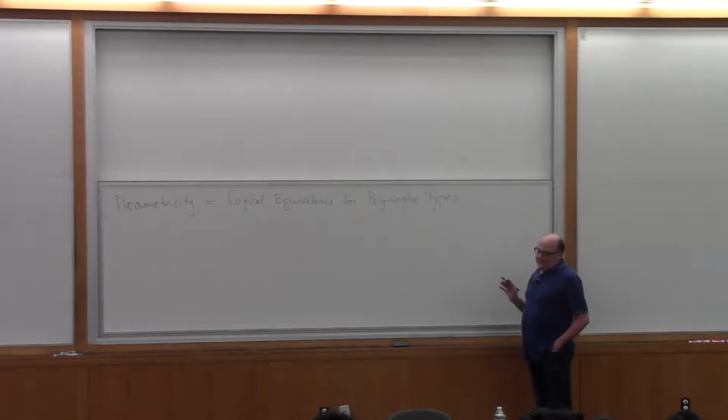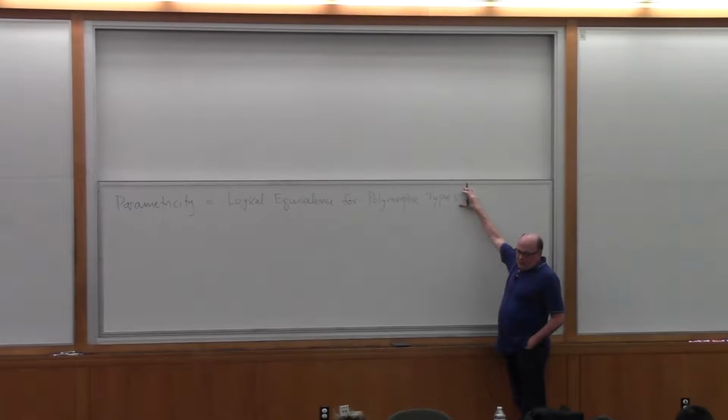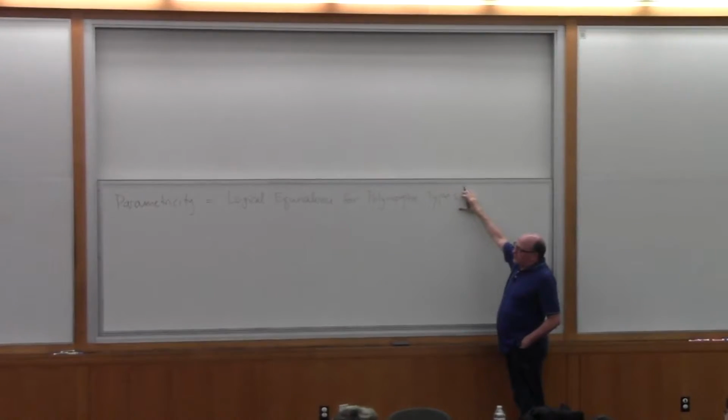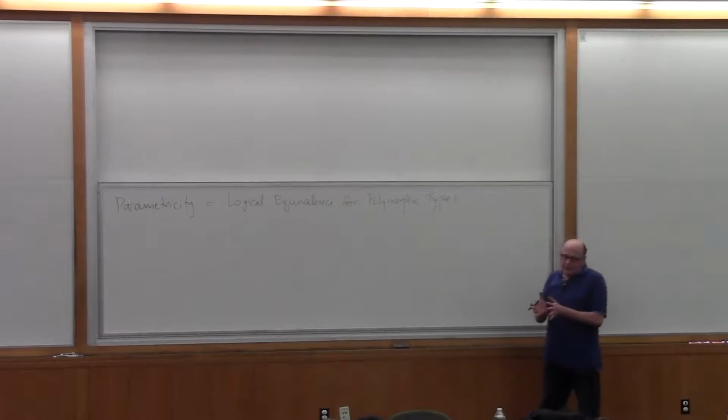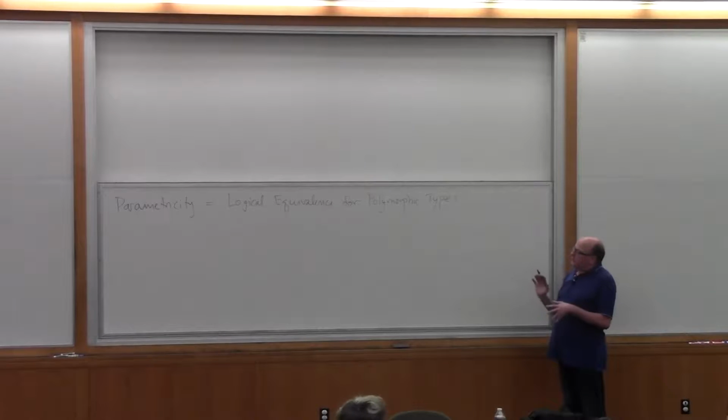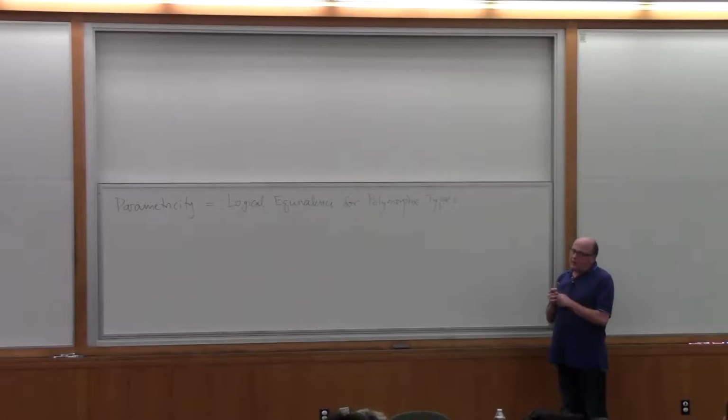But the main idea about the whole thing is that the idea of polymorphism, which informally has some idea of uniformity or genericity or something or other about it, can be exploited so that we get notions of equivalence of things of polymorphic type, which has the characteristic that it cuts down very greatly the possible programs of a given type, modulo observational equivalence. And so this is the phenomenon that gives rise